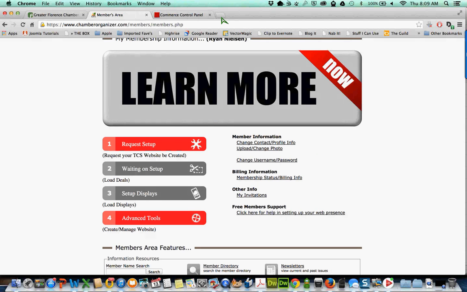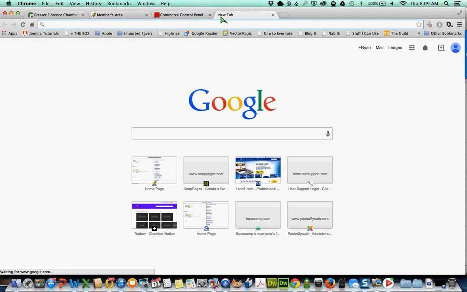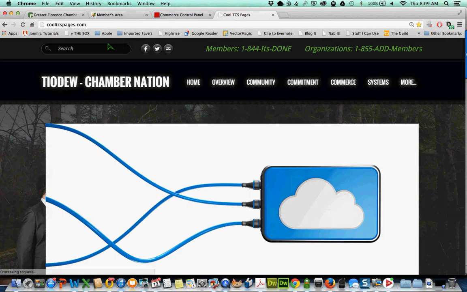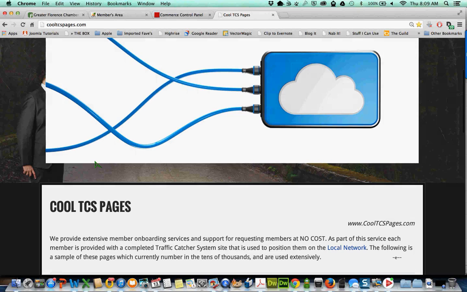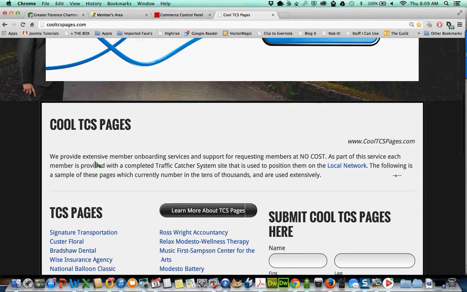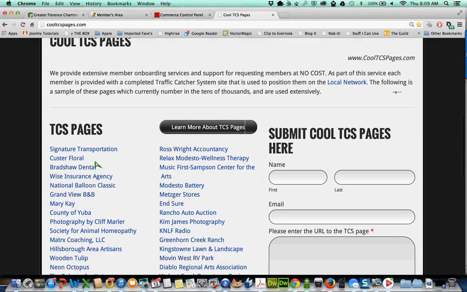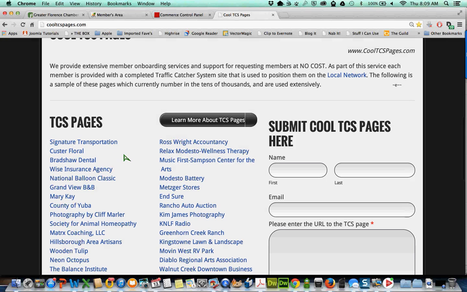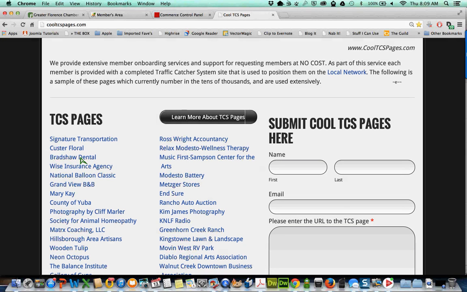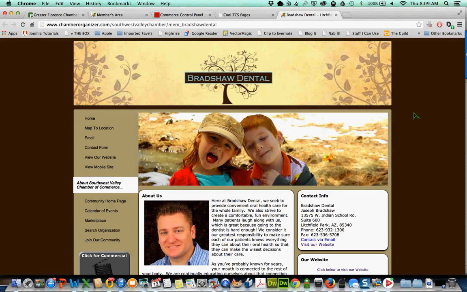In case you don't know what a traffic catcher page is or looks like, let me just show you by going to a site, or if you're wanting ideas. We have a website called cooltcspages.com. This can give you an idea if you're not sure, and I wanted to show you what a traffic catcher page is like. I'll show you, for example, Bradshaw Dental, a dentist, and when I click on this, a traffic catcher page is just